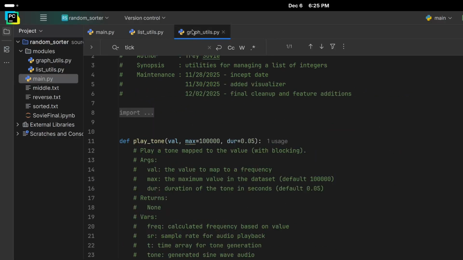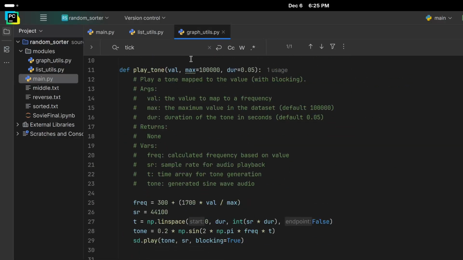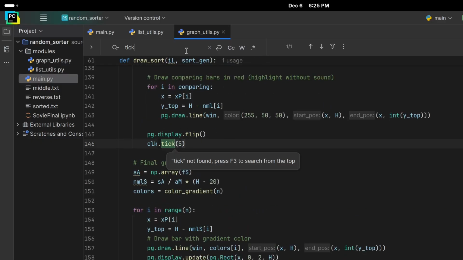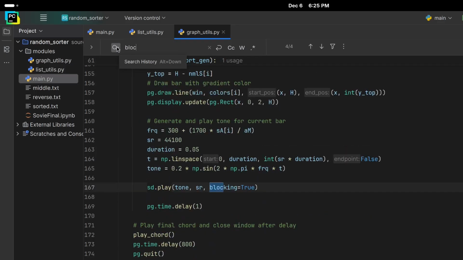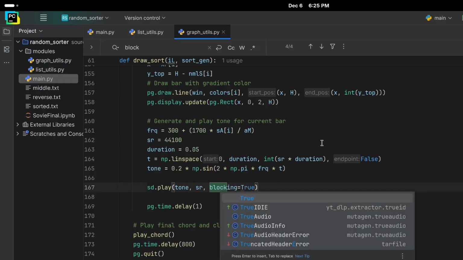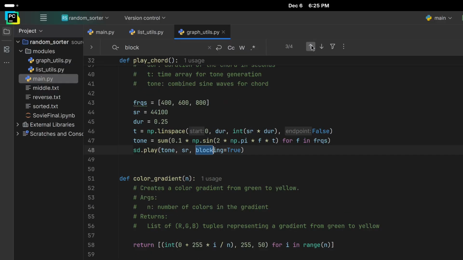The first is gonna be in graph utils, we're gonna change our tick to a lot higher, 120 at least. And we want our sound blocking off. Or actually, this is for the final sweep, so that one's fine. But yeah, this